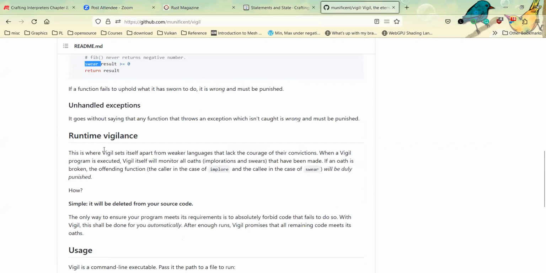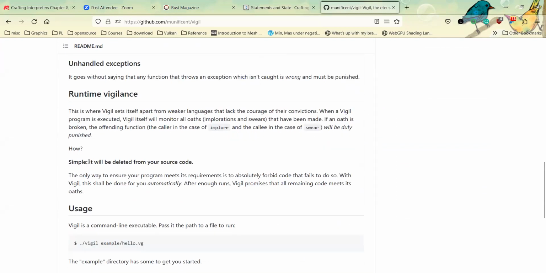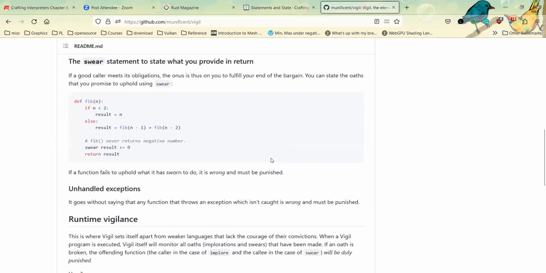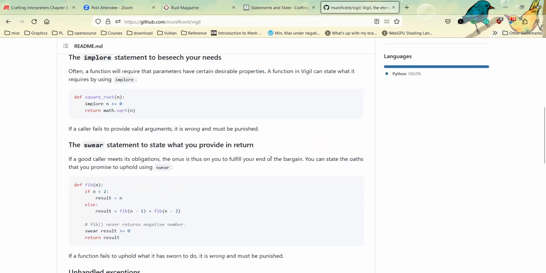Yeah, if you violate the contracts, you will be punished. So swear is like assume. Implore is I'm begging you to make sure that n is greater than 0. So I guess swear is like an assert that gets removed in production builds, and implore is assume.